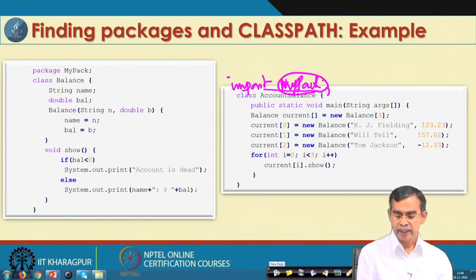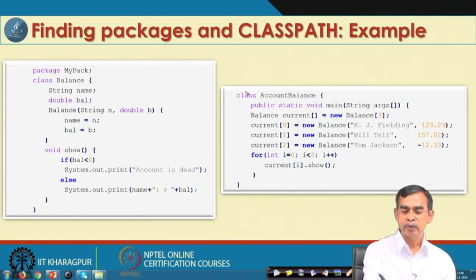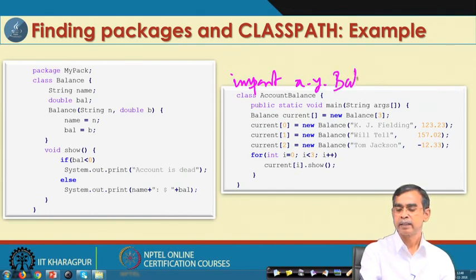Otherwise, the second way is that instead of this one we can write import, and then the full path x.y.mypack.Balance. That means x is a root directory, under this the y directory, under that directory the mypack, and then under that directory this Balance file is there.